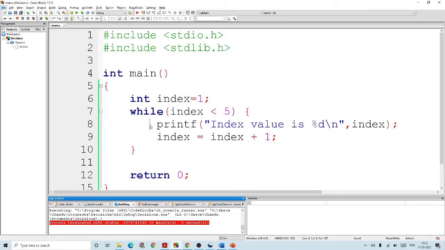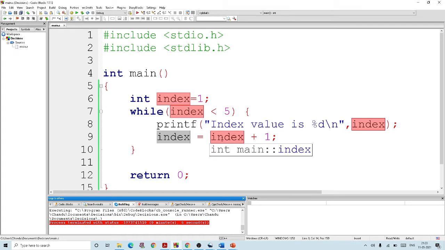In the previous lecture, we have learnt about while loop. To execute this printf statement 4 times, we have done three things basically. First, we declared a variable and initialized it to 1, then incremented the variable at the end of the loop, and we checked for a condition. So index is less than 5, it will make the loop for 4 times. If I used some 10 value, it would have looped for 9 times. So basically we did three operations: initialization, condition checking, and incrementing the variable at the end of the loop.